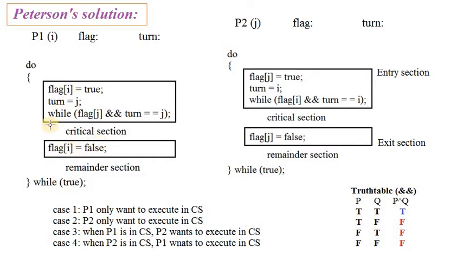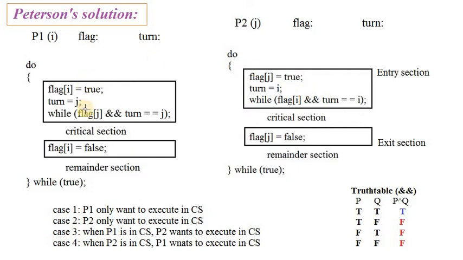So in both the entry and the exit sections, we have used the program I here. I means our first program. Initially we set it as true for I, and later we set it as false for I. Previously it was interested; after completing, it doesn't have any interest in the critical section. We need to remember all these things before executing our critical sections one after the other.